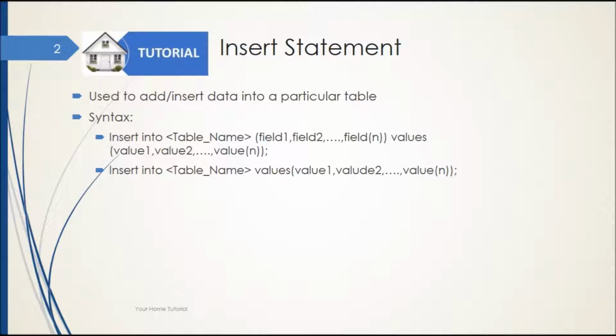Insert into, and then the table name on which we want to add the data, then the fields in which we want to insert the data, then values, and then under the brackets, the values we want to insert. We have two syntaxes. The other syntax is insert into table name, values, and then the values we want to insert into the table. The difference is that in the first one we can specify particular fields of the table in which we want to add the data, and in the second one